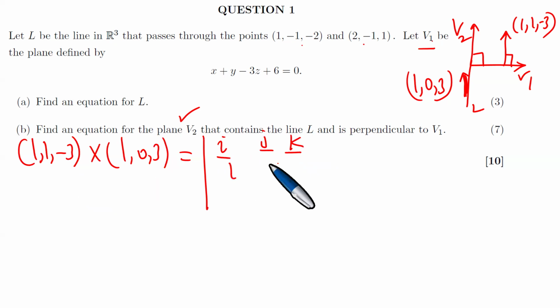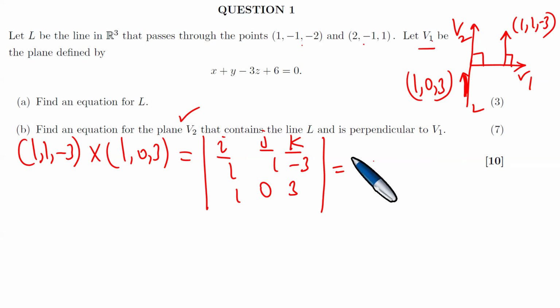A vector on the line, parallel to the line, this (1, 0, 3), and this one are in the same direction, so these two vectors are parallel to the plane V2. If we find the cross product of the two vectors, then we'll be able to get